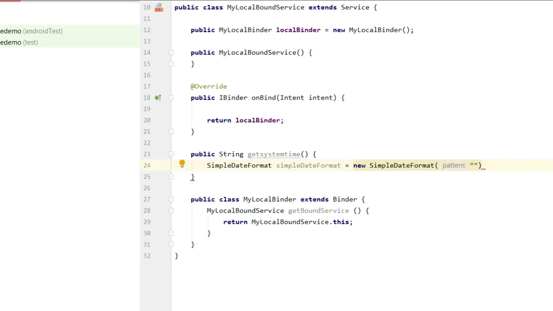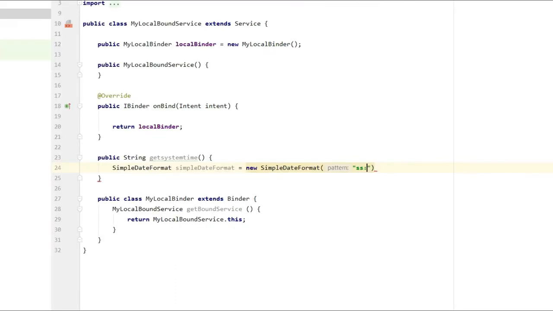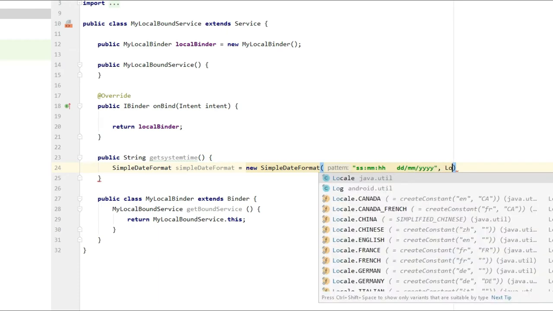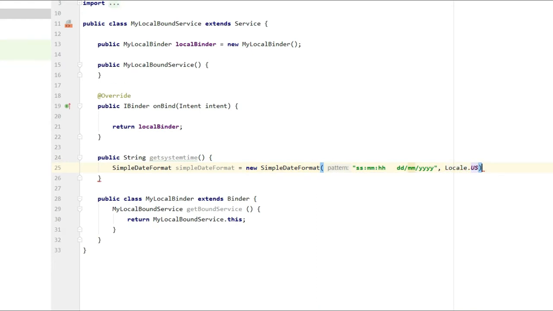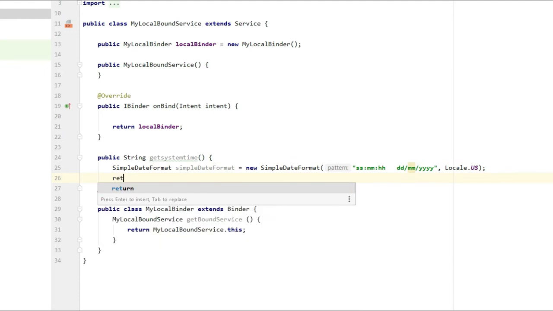The format will be seconds, minutes and hours, and in the same way days, months and year. And the locale will be US. Now return.